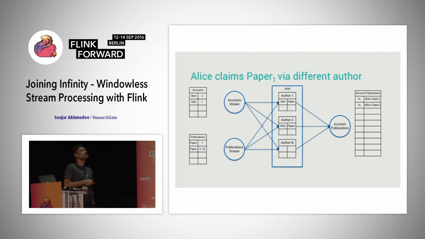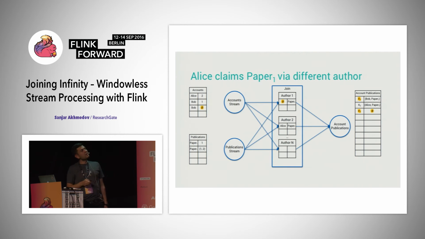Let's say we have a different state, like paper 1 is claimed by two authors, Alice and Bob, who are co-authors, and we have an array there. This is the correct state in the join operator. And Bob's account gets deleted. We have to delete this key. We can handle deletes now. Everything is fine. We propagate the delete, we fix the join result. And we now think that